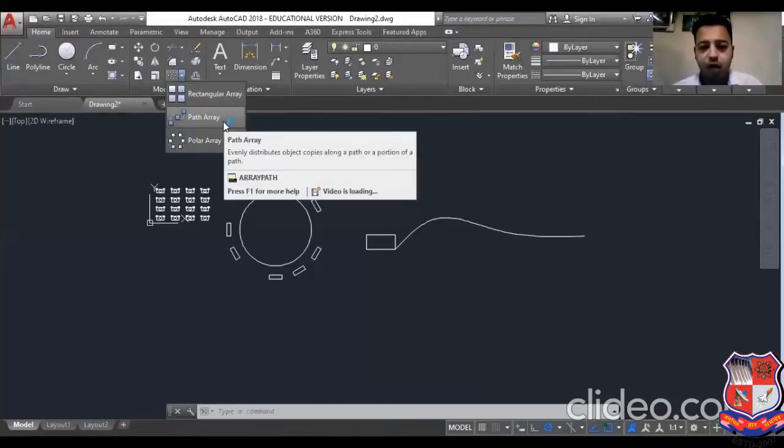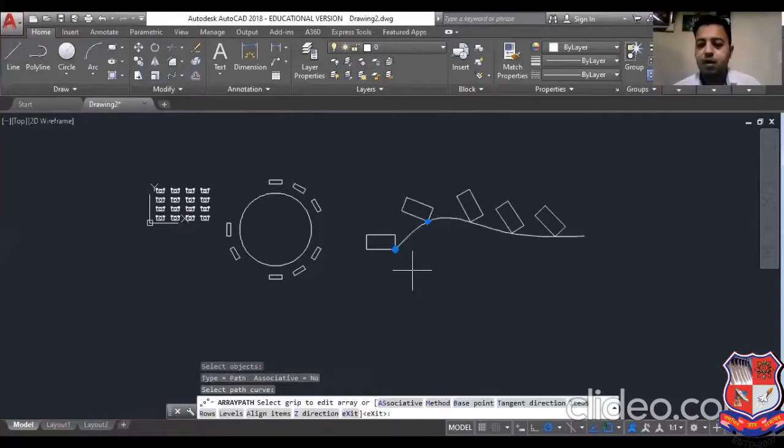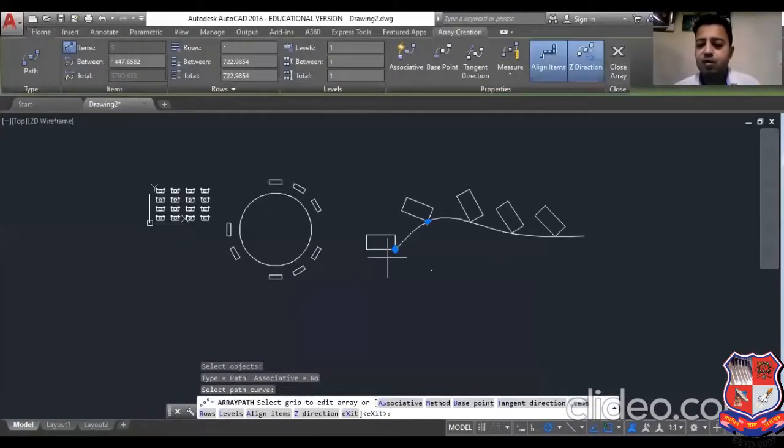Click on path array, select the object. You can see at the bottom of the command prompt screen, and select the path curve.